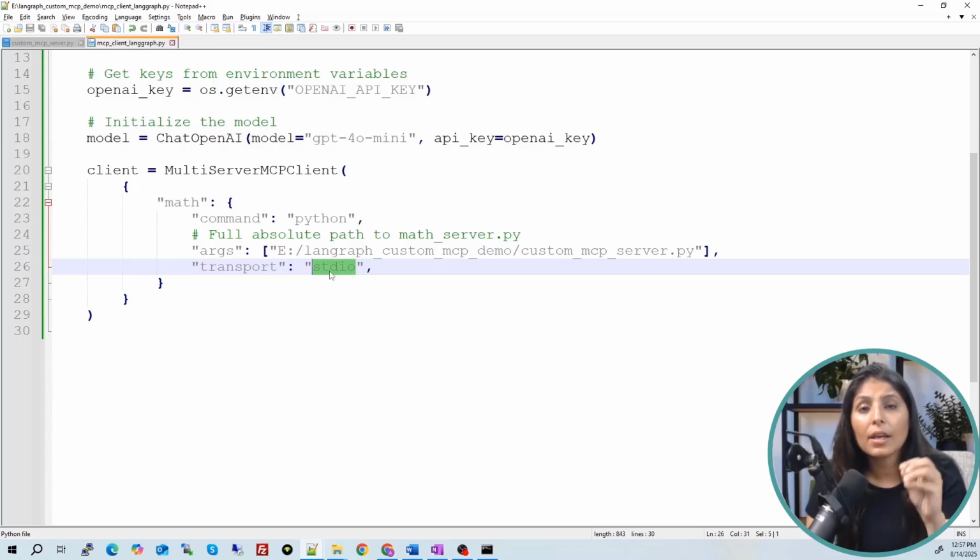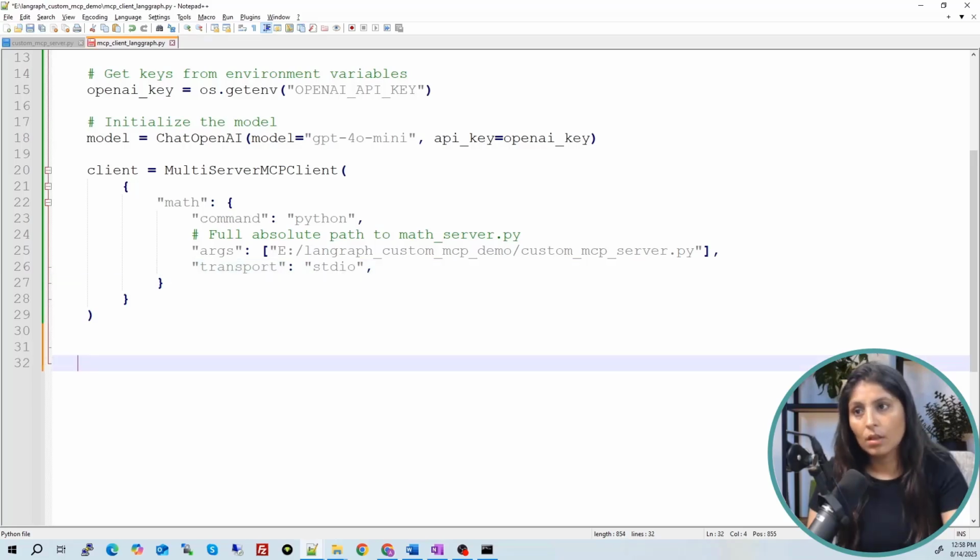Okay. But if your server is in a remote location, meaning it is on the internet, on some other computer, and you want to use it through some browser, then transport stdio will not work. I'll show you what you can do in that case, but right now just understand that stdio will only work when your client and server both are on the local machine.